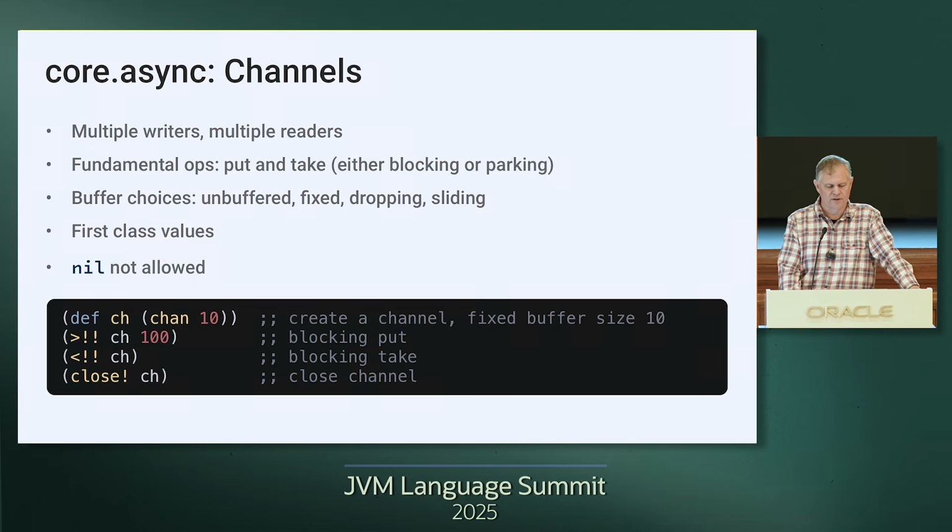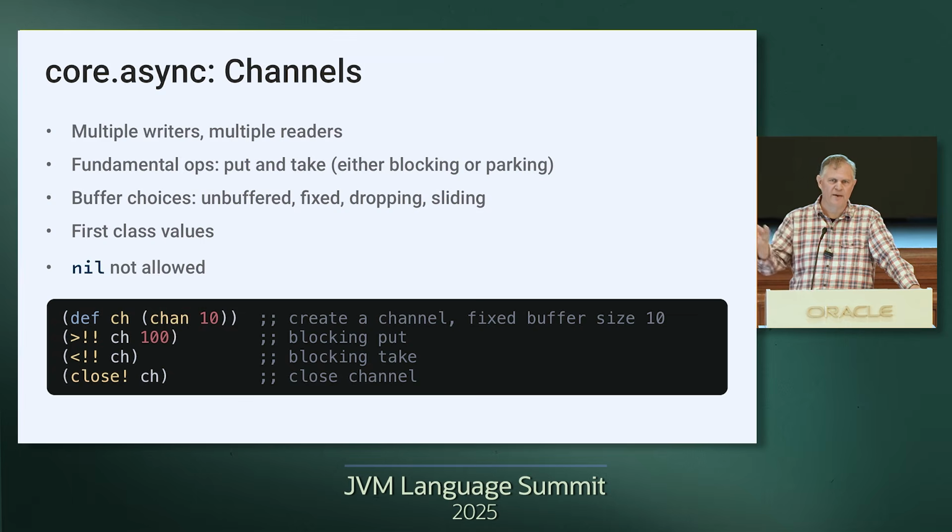There's a little bit of code here, Clojure code at the bottom. So chan here is the Clojure core async function that creates a channel. We're creating it with a fixed size buffer of size 10, and def is creating a var named ch that holds that channel. As you might notice, there's no types, and Clojure is a dynamically typed language, so generally you're not specifying types unless you're doing interop type things.